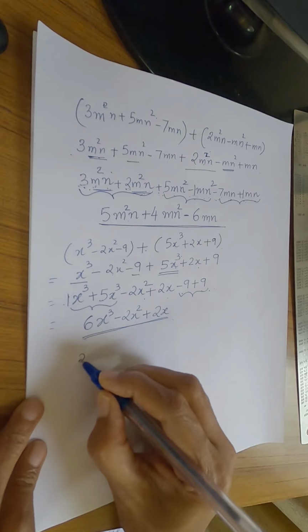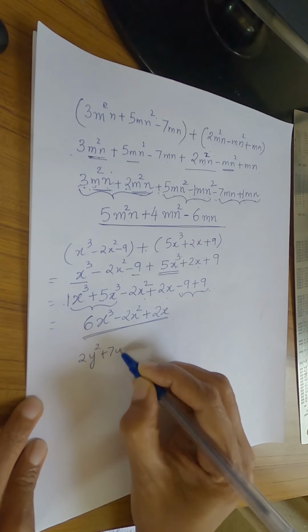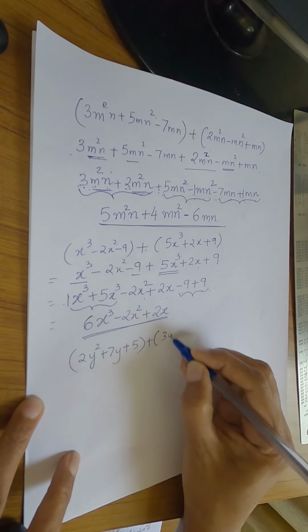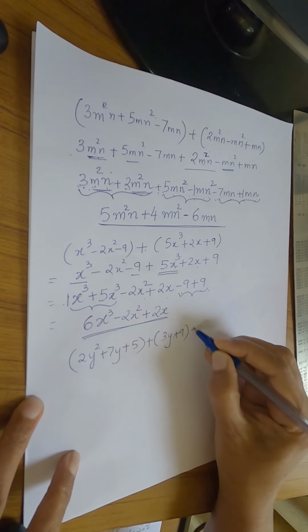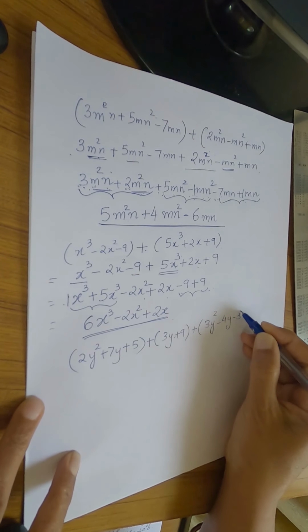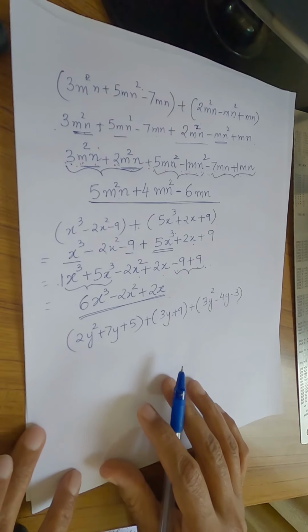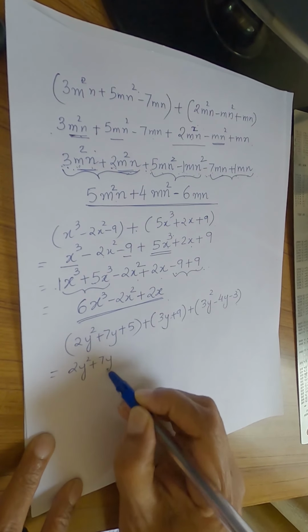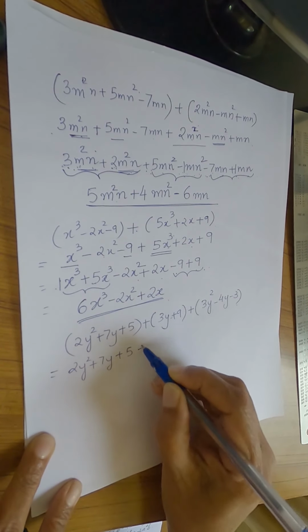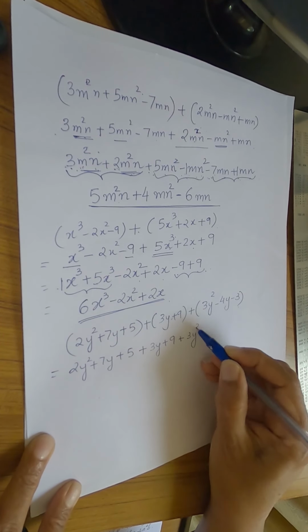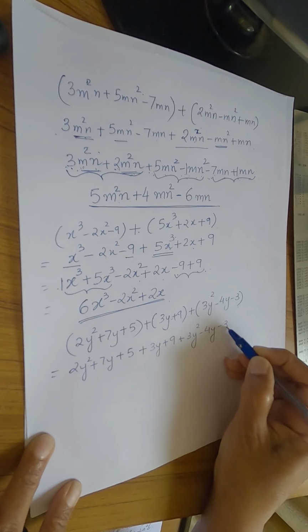Let's do one more small example. In this addition, it is not just limited to two polynomials. We can even add more than two polynomials. For example, as I am taking here, you can see I am going to add 3 polynomials to get my answer. So the first step is we open all the 3 polynomials. Since there is a plus sign in between, there is no need to make any changes to the sign, and as it is we open.